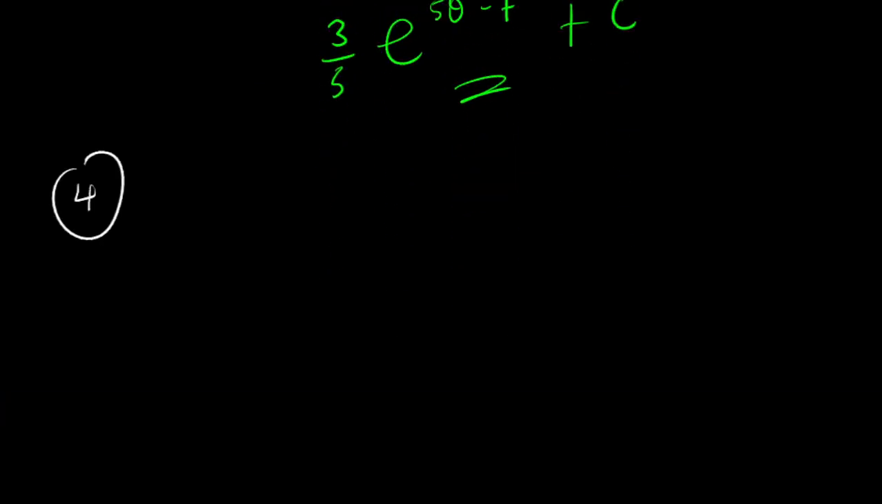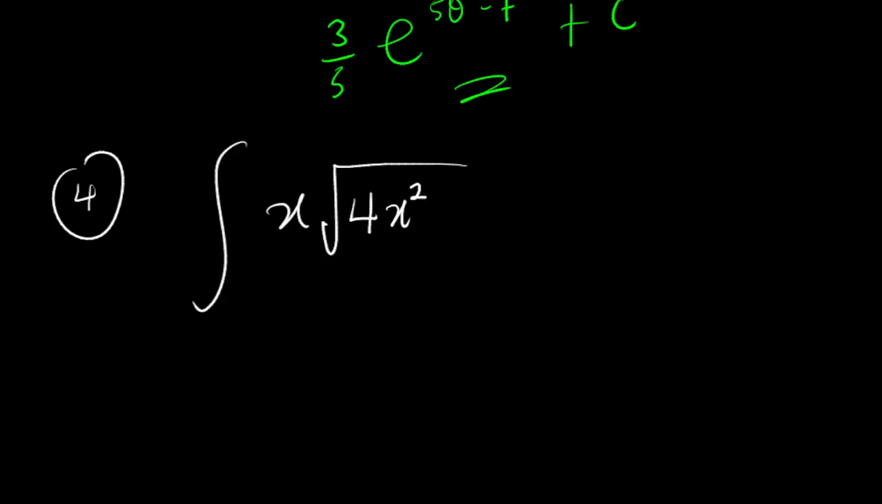Number 4. Let's say we're given the integral of x times the square root of 4x² + 1 dx. How are we going to do this? Now, if you look at what we are having inside here,